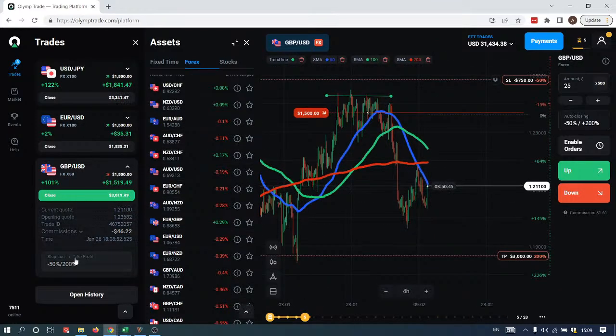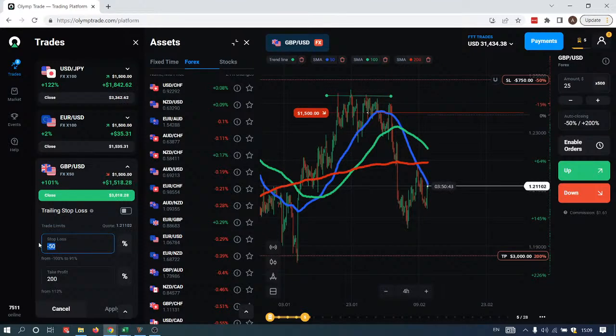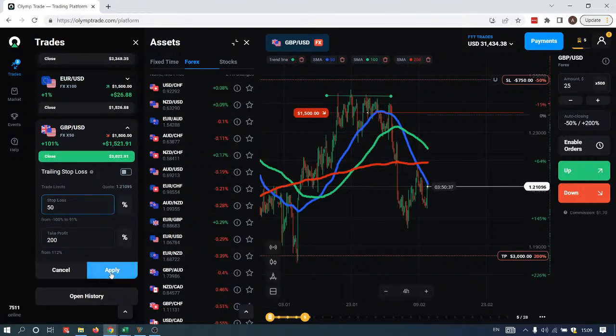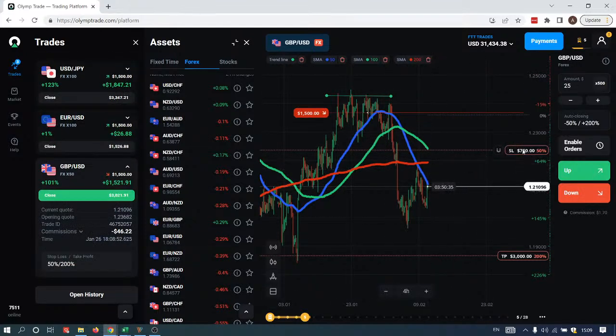But anyways, what I want to do now is move my stop loss a little bit closer to the current price. So at least, say worst case scenario, this currency exchange rate goes up, and I will not make less than $750. So that is it, guys. That's how Forex works.